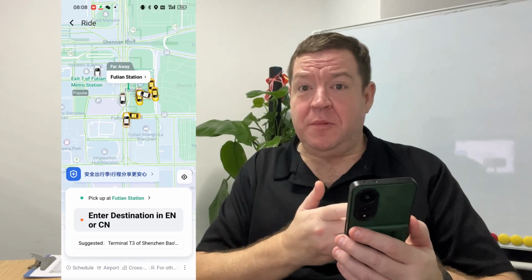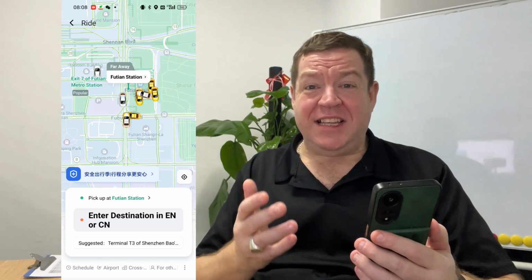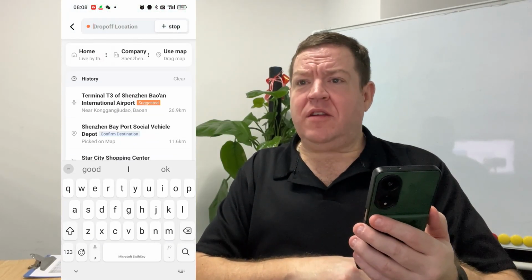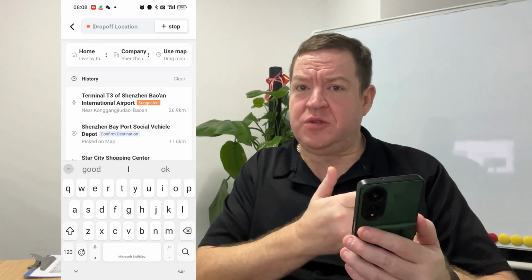And as you can see from the picture, there are a bunch of cars available very, very nearby. So now I've got to pick a destination. And again, it's just as easy. I click destination. Now, let's say I wanted to go to the airport. Now I've got the airport at the top of the list, so I could choose it that way,